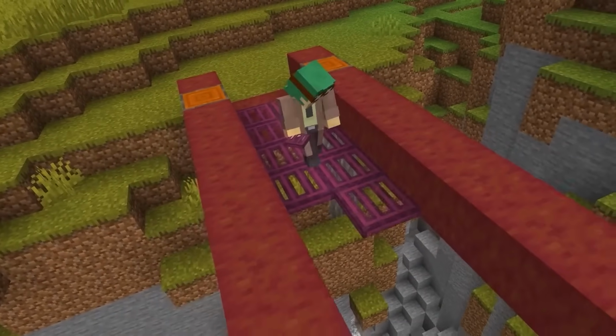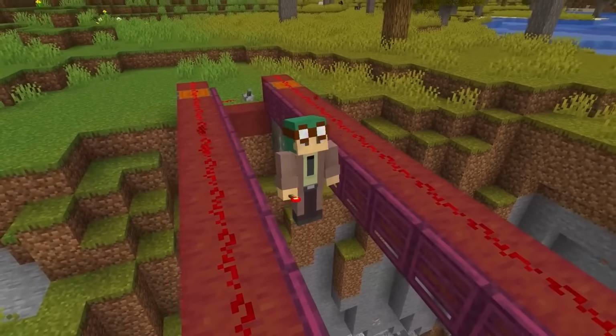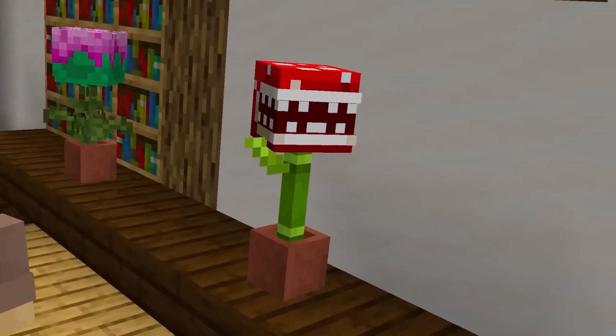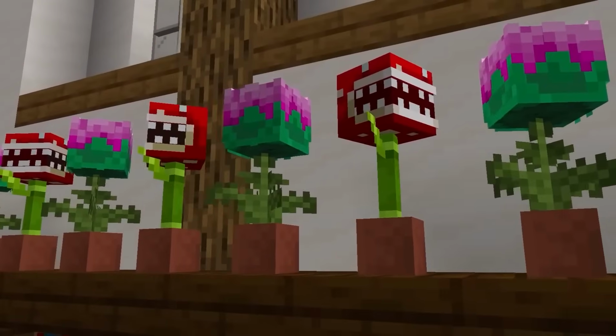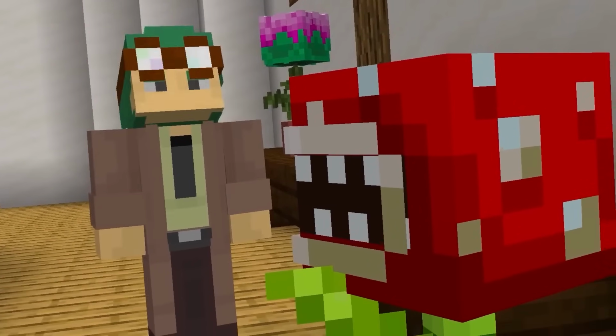Easily made with some redstone lined trapdoors, anyone can create this deadly dropper. You could even have them fall into a pit of these piranha plants. Made from a custom player head and a potted bamboo or fern, players can make cool large flowers for their builds. Ouch! Why, you little...